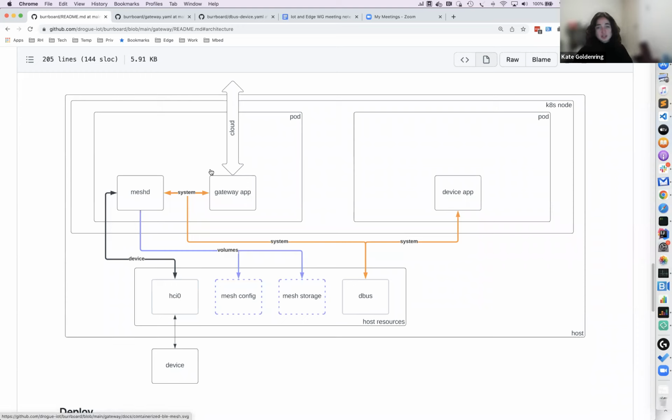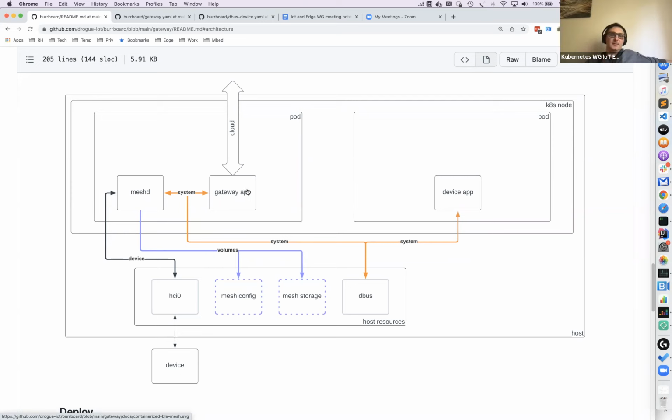Remind me what information the gateway application is sending up to the cloud. So in the end, everything is provisioned. The mesh daemon is working properly. The gateway joined the app, the device joined, and then this is just like a service. These devices send their updates and publish their telemetry, basically.